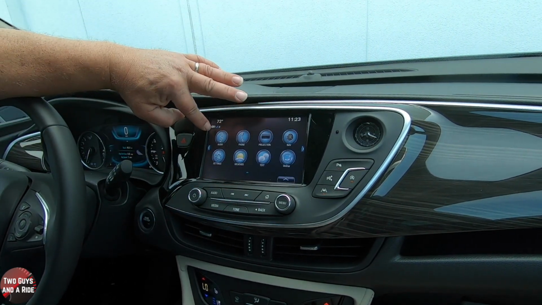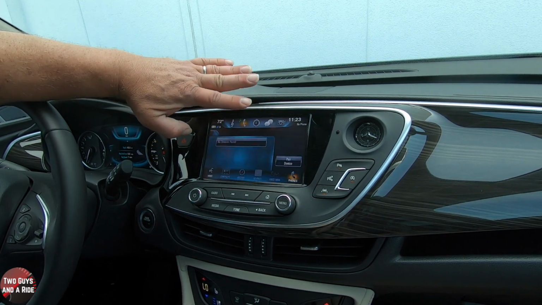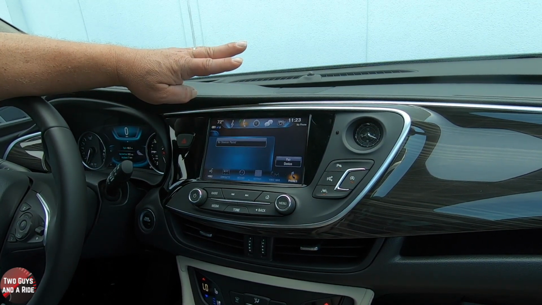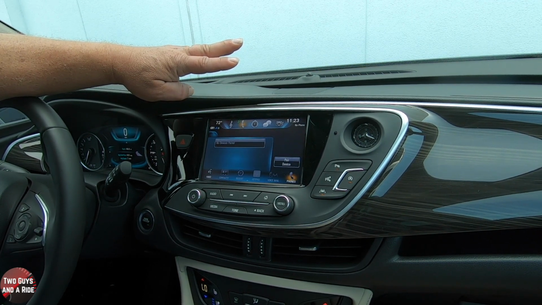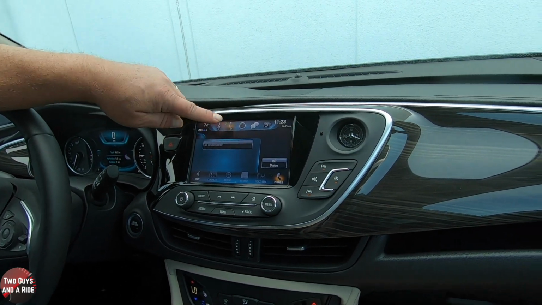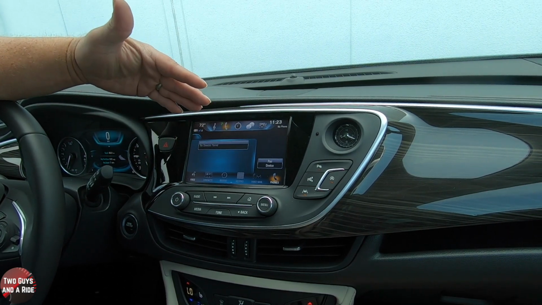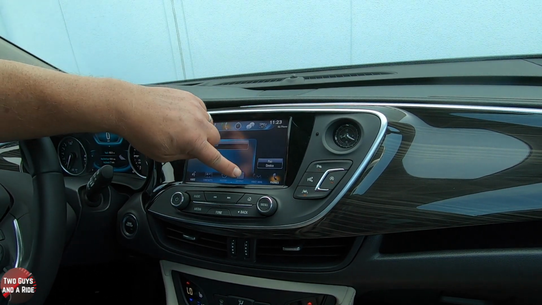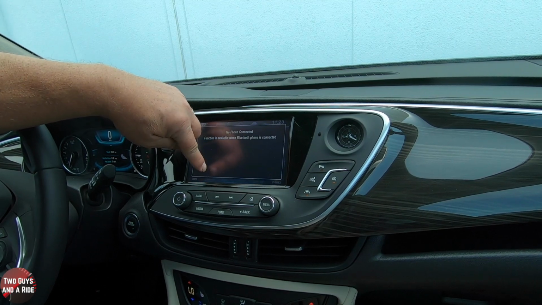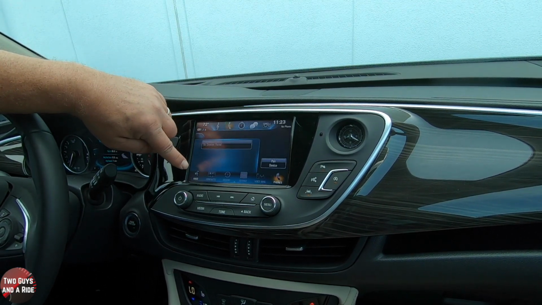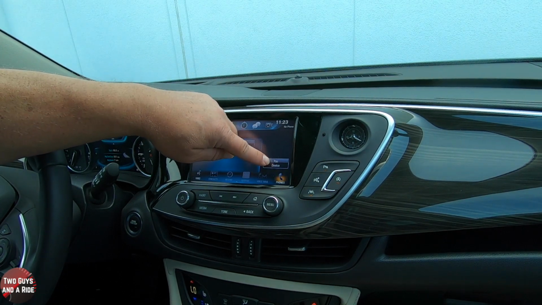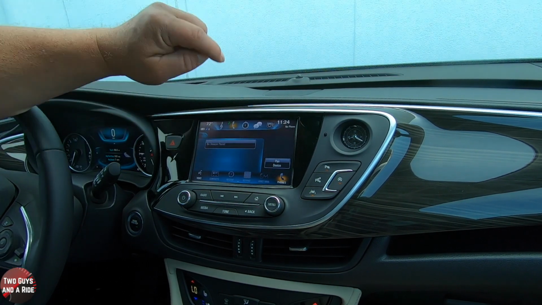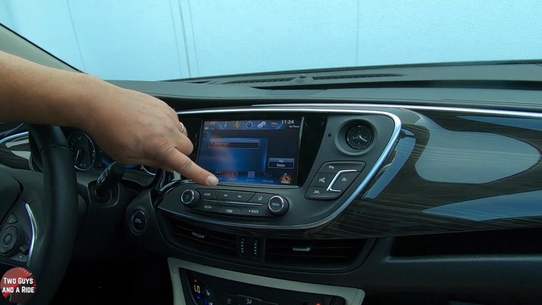Okay, so that's audio. Phone, I don't have a phone hooked up, but this does have Apple CarPlay and Android Auto and Bluetooth as well. Okay, so nothing shows up, but this is where all your phone information, your dialing, you can see this. You get your keypad, your recent calls, your contacts, and then voicemail and different phones. And this is where you would pair a device. All right, if I go home again,